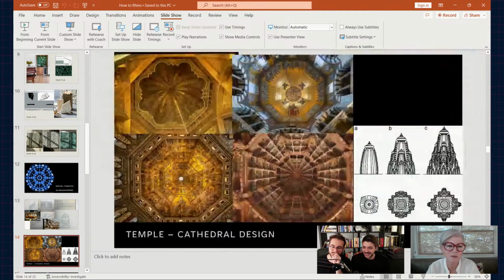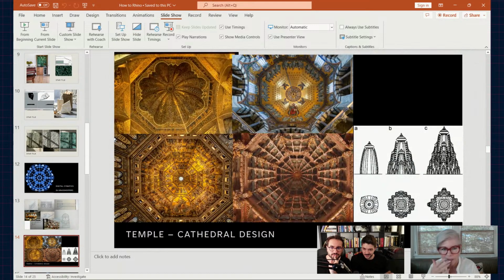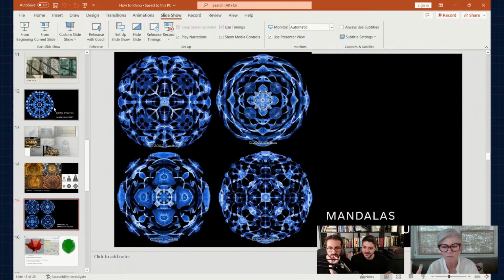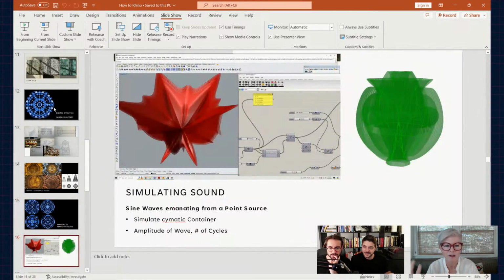So yeah, this was the inspiration. I said, well, what is the common thread? I keep coming back to these buildings. I keep coming back to geometry. I keep looking at these things. It's all the same. And how do I make them? And this is when I contacted you.